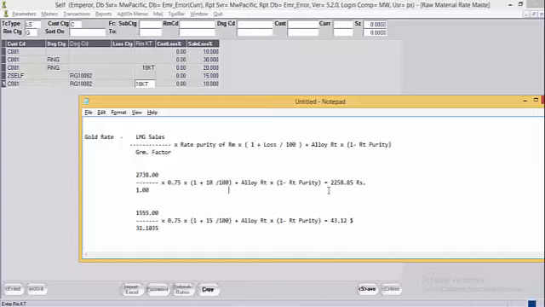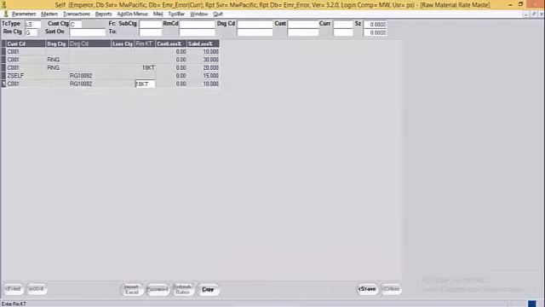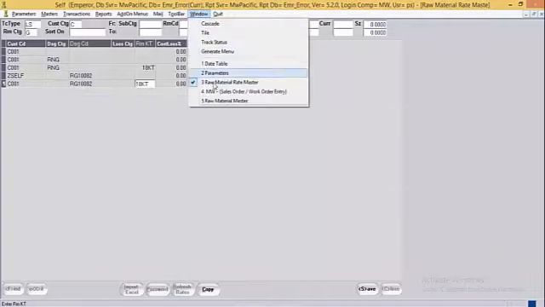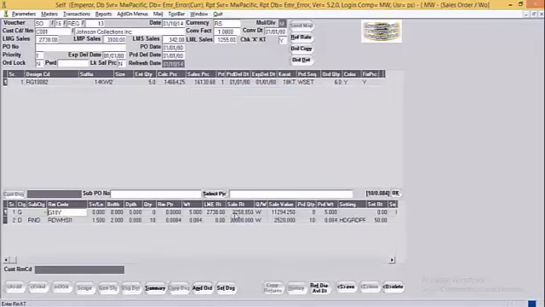As the alloy rate is not applicable, system will calculate accordingly and will get the figure as 2258.85 rupees per gram for gold. The same can be seen over here.